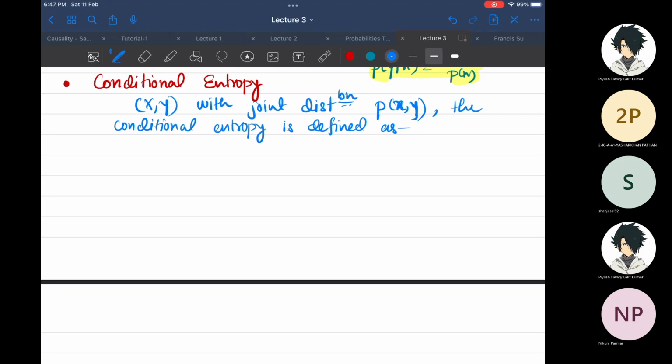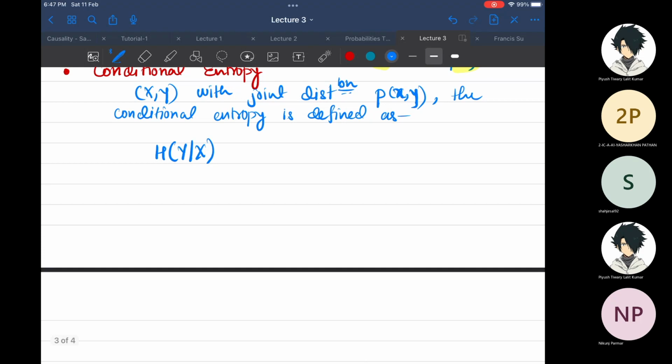What is a conditional entropy? The conditional entropy is given by this formula. It is denoted by H of y given x. The notation is similar to that of conditional probability. If I just write an equal to sign, it means that there is an equality. If I add a triangle over it, it means that I am defining something. This is a new notation.